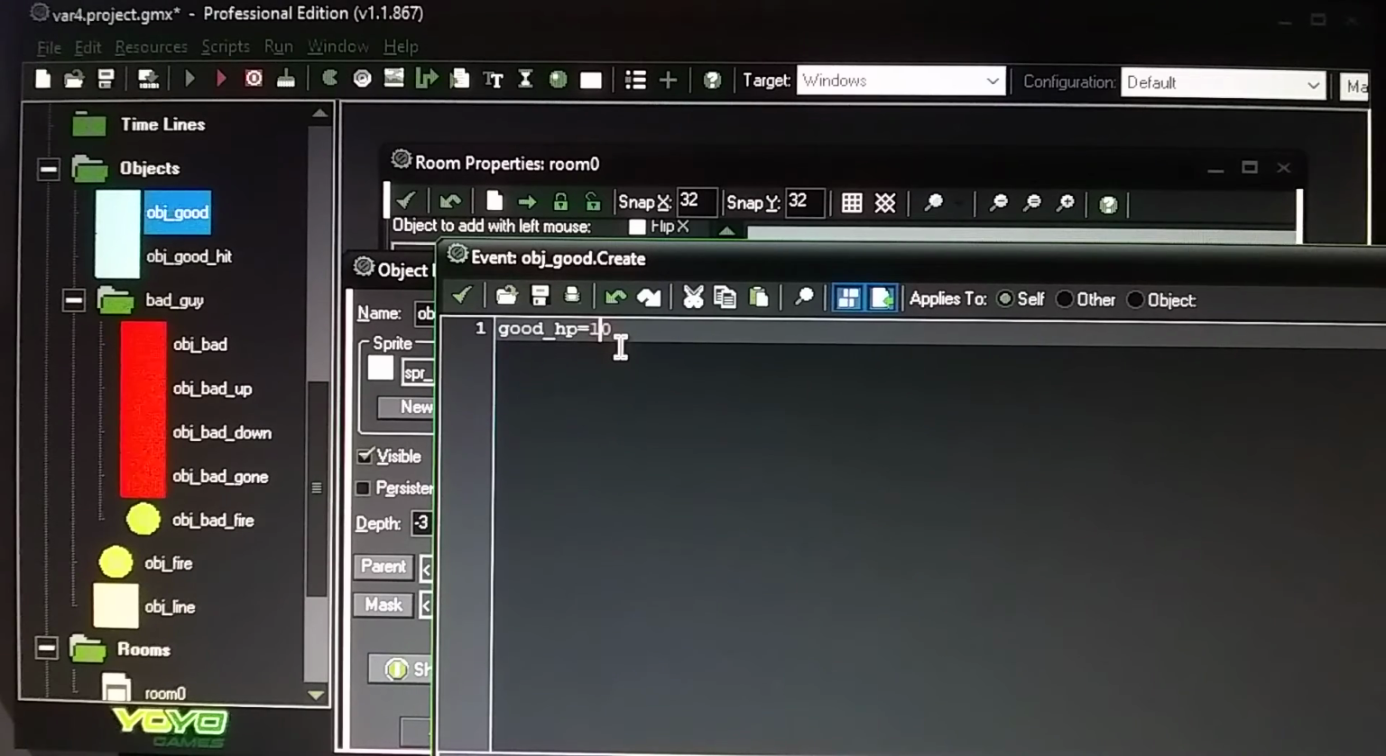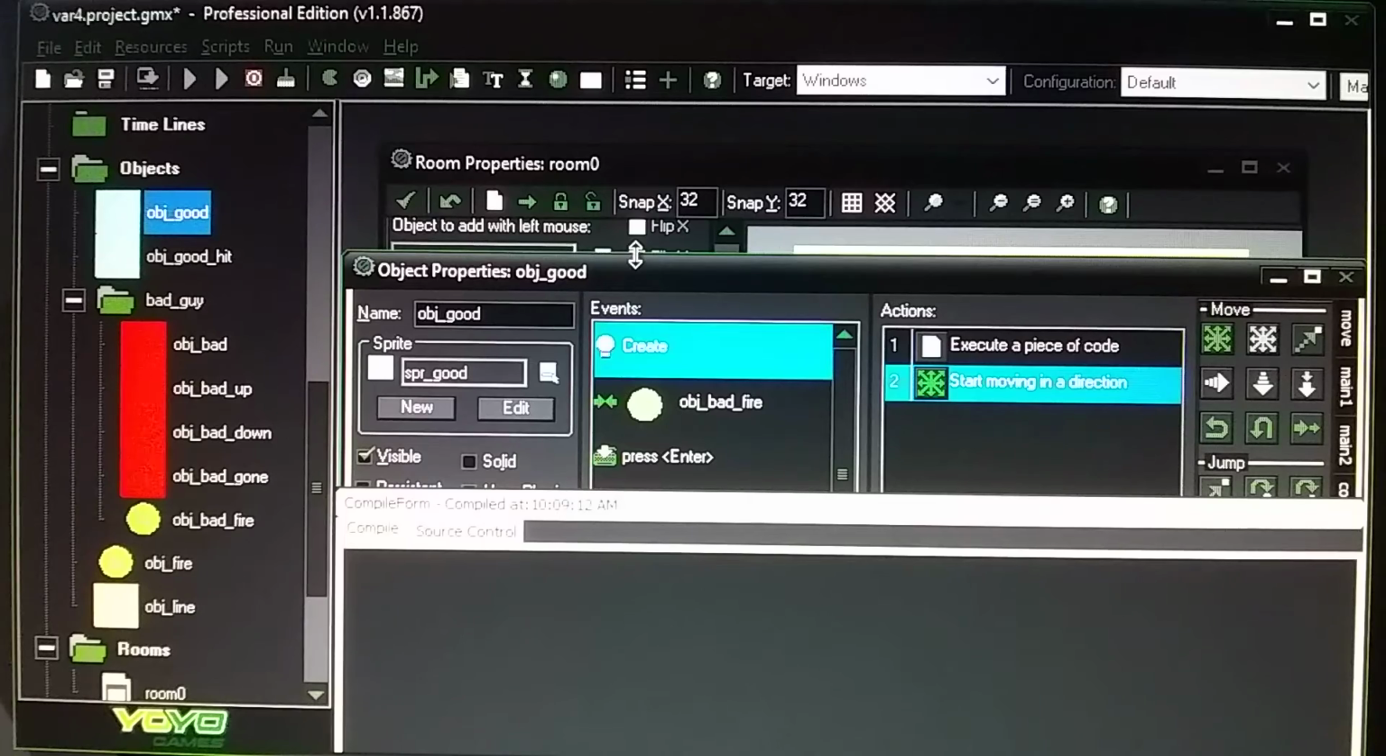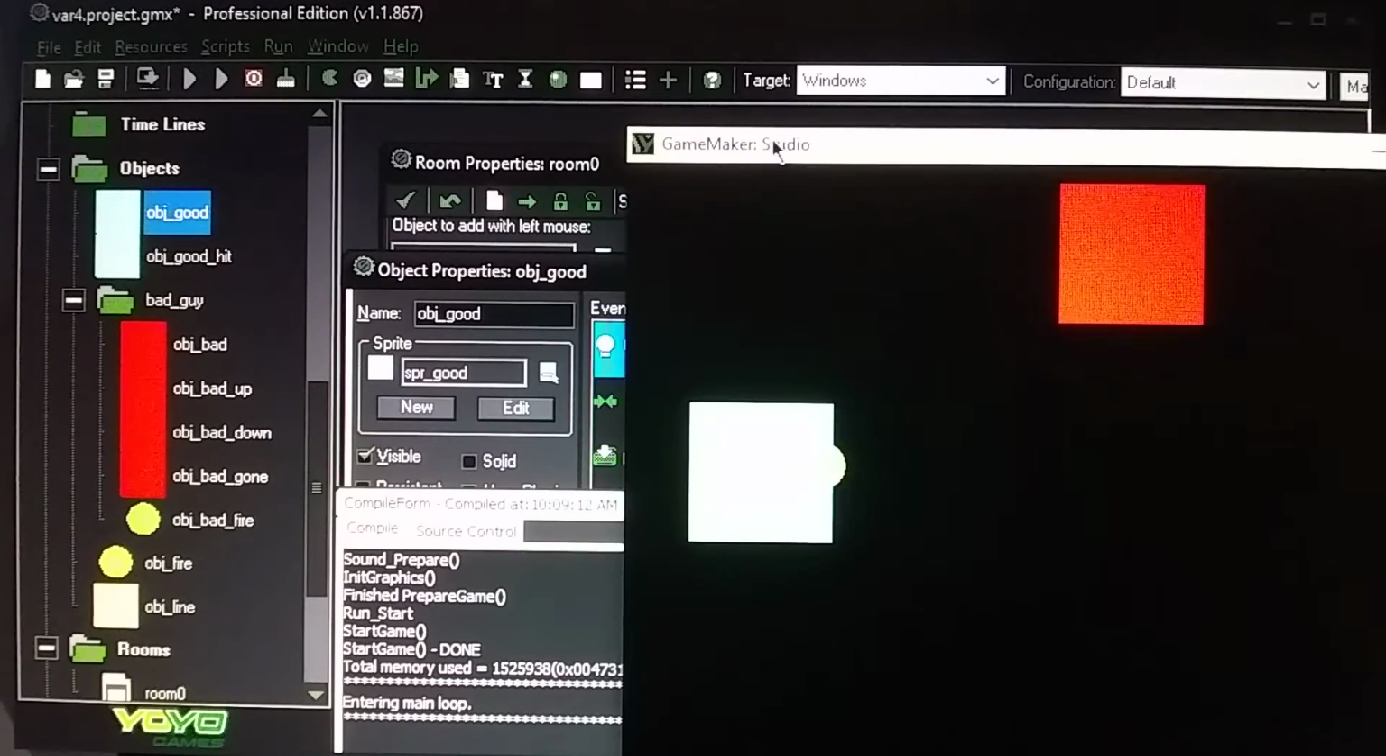So it's kind of weird how GameMaker has that set up, but you could change this number to 30, and then when he hits me, it'll seem like, okay, now he's hitting me at 10. So you might have to play around with the numbers. I don't know why it's set up like that, but